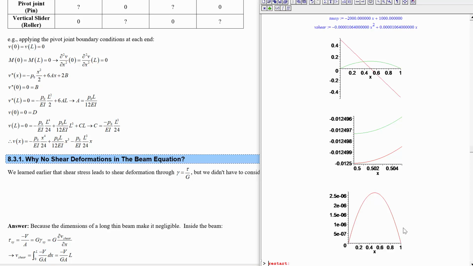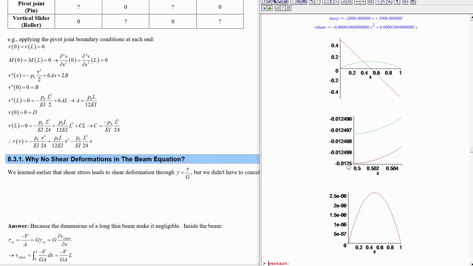Yeah, so V shear ends up with values on the order of 1e minus 6. So the bending displacement has given us a deformation of 1 centimeter, and the shear deformation on this thing alone is a correction on the order of 2 microns. So the bending is around,